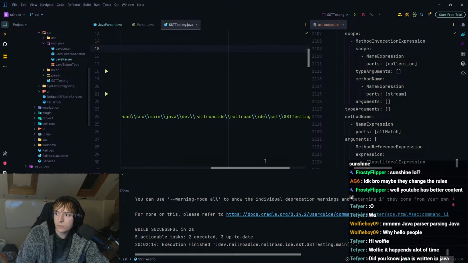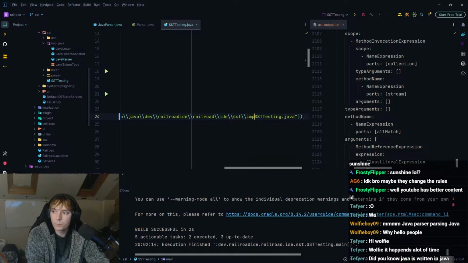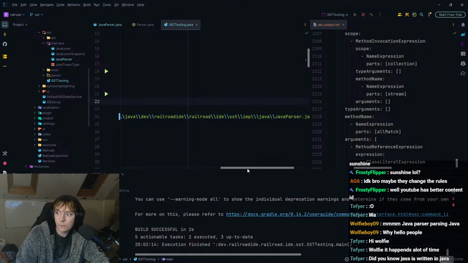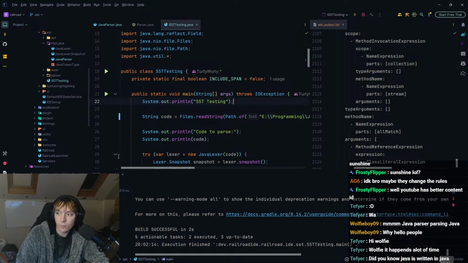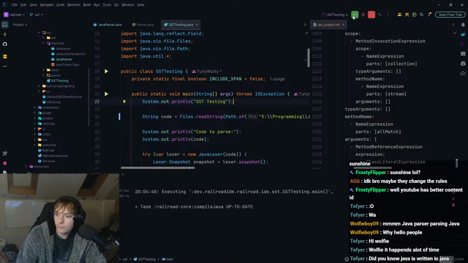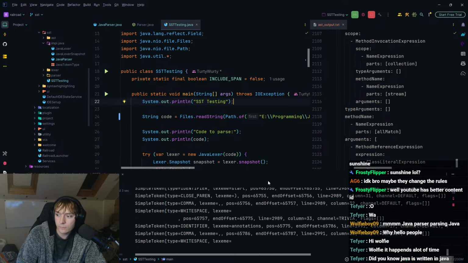So source main Java, IDE AST, we need to go impl Java Java parser. If we can parse our parser using our parser, then we know our parser works, right? I feel like that's perfectly reasonable. So let's try it. It could even just crash.